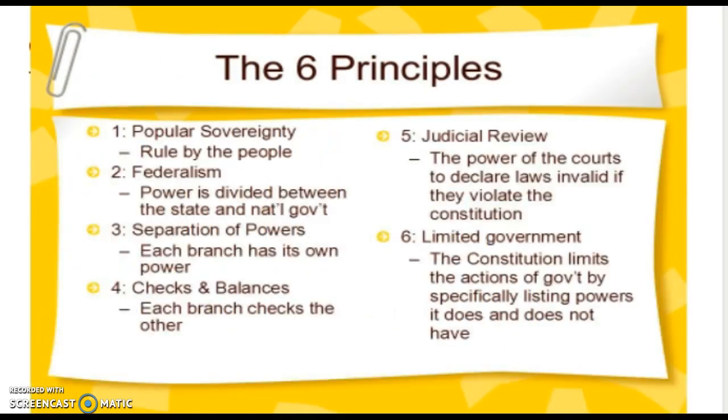Alright, so again, the six principles of the Constitution. Popular sovereignty just means rule by the people, or that the people essentially are the power of the government, that we should have a say, that we should rule, and our voices should be heard. Federalism simply means that power is divided between the state and national government. This is a shared power: there are certain powers for the state, and certain powers for the national government. And then there are even concurrent powers, meaning both the state and national